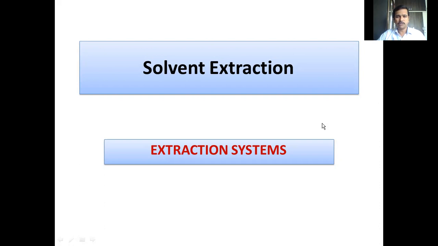Extraction systems means, suppose you are going to use any liquid extraction procedure, what are the types of molecules, what are the types of solutes we can extract, and how do we initiate the extraction process? So what kind of sample systems can be subjected to extraction? Suppose the analyte may be present in the ionic state, complex state, precipitated state, etc. Whether it is possible to subject all those varieties of species to the extraction process is very important.